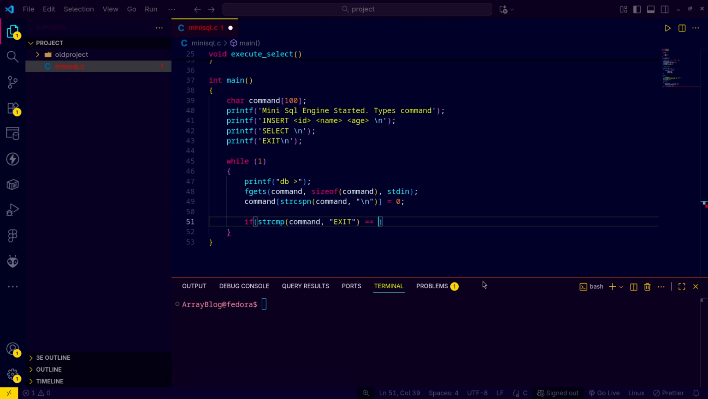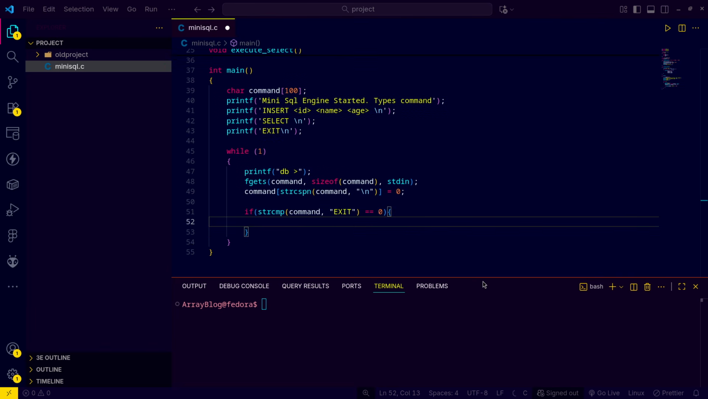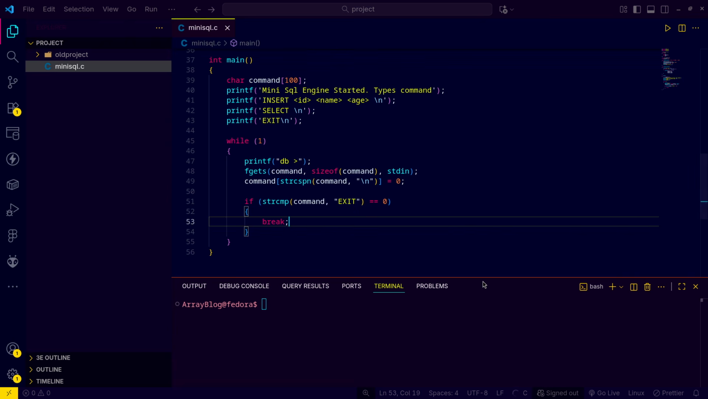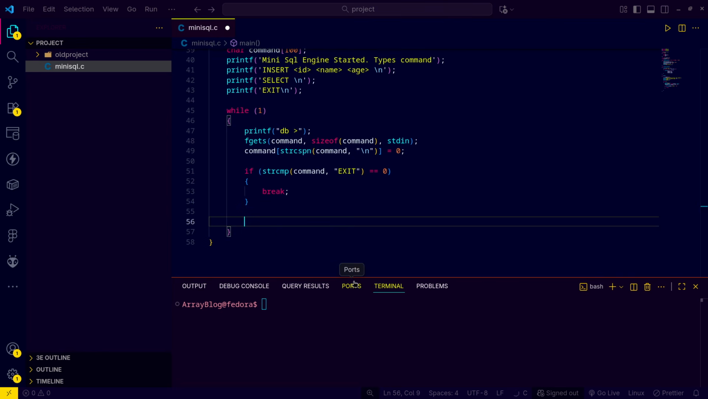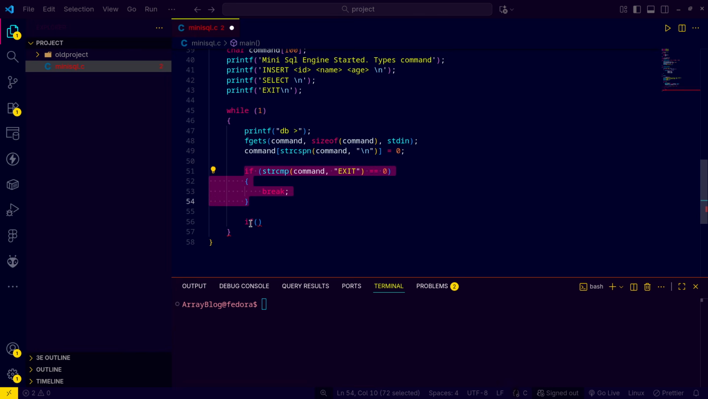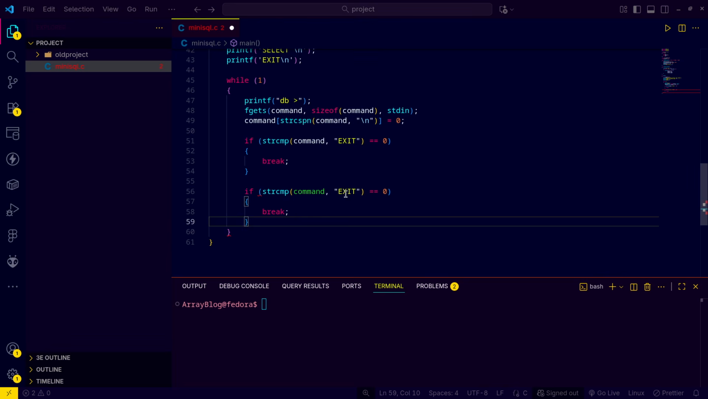Exit equals 0. So if the user types exit, then we are going to break the command. So we'll say break. Basically, we are going to exit the loop, right? And if the user types the select command, let me just copy this. Just here's the text. So if the user types select, then we are going to execute the select command. So execute select, and then we'll say continue,